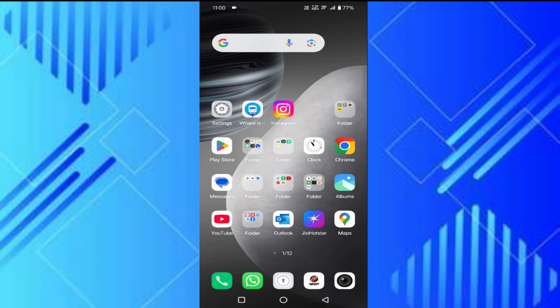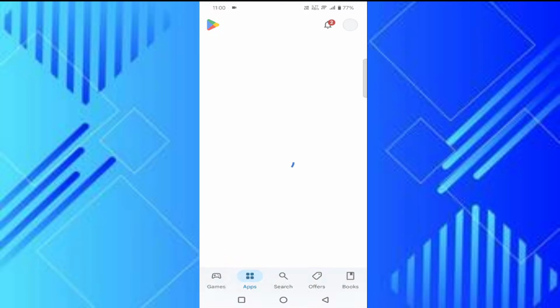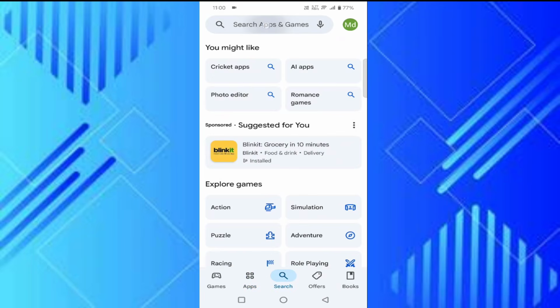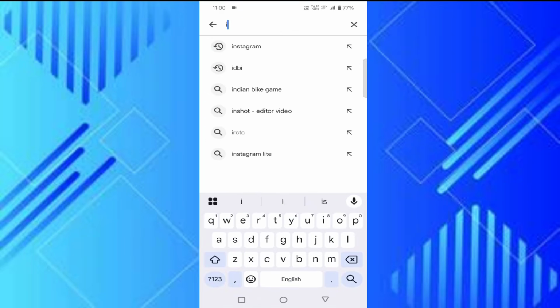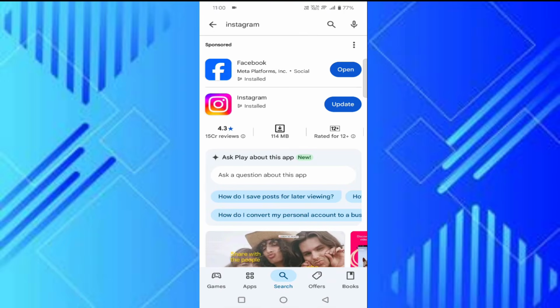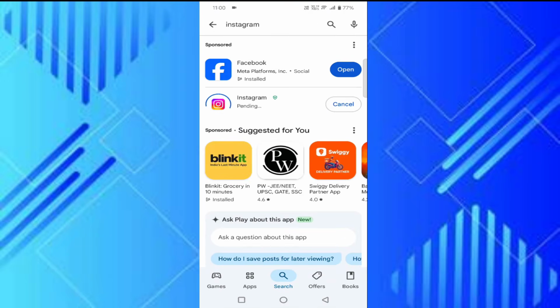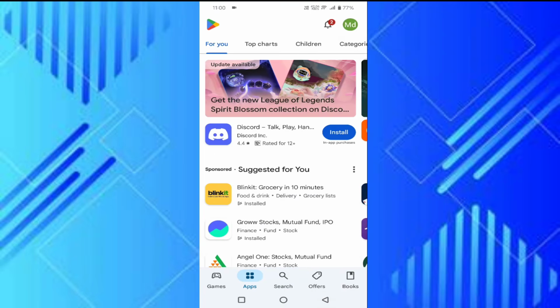Guys, if in your Instagram Friends tab not showing, then I will show you how to fix this issue. In this, first of all, you have to just open the Play Store and check whether your Instagram app is up to date or not. Search for Instagram. If it is not up to date, then update it from here. After updating, then go back,